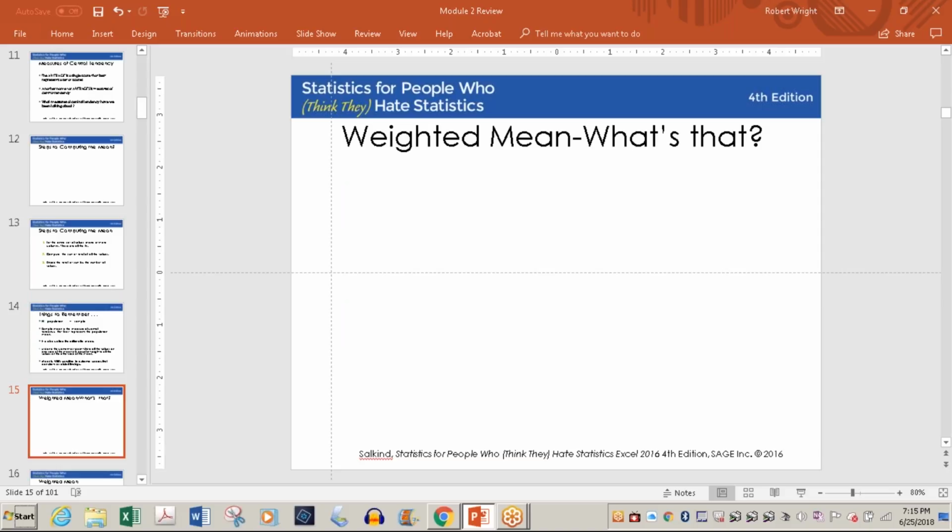Now there's another thing called a weighted mean. What is that? And I perfectly allow guessing. Yeah, weighted mean. Is that where you drop the high-low? No. Either that or some of the scores are weighted, right? Well, to count as more. Yes, but probably not in the way you think.